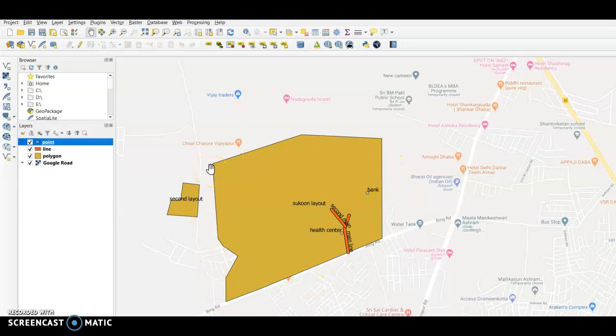So there are features that we have. One is the polygon in nature, which will describe the areas. The second is the line feature, where you can draw the lines with respect to roads, waterways, or anything you want. Basically it will help you draw the line. The last one is the point file. The point file will help you to locate the different locations.